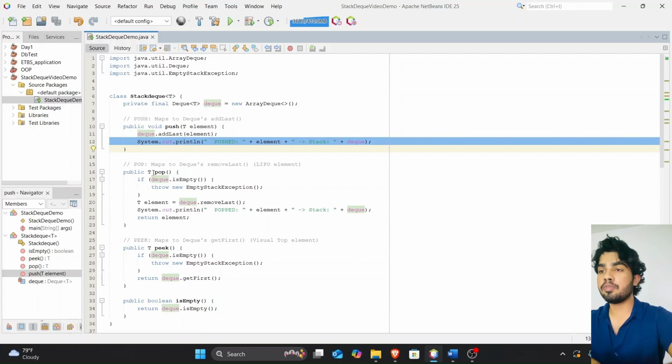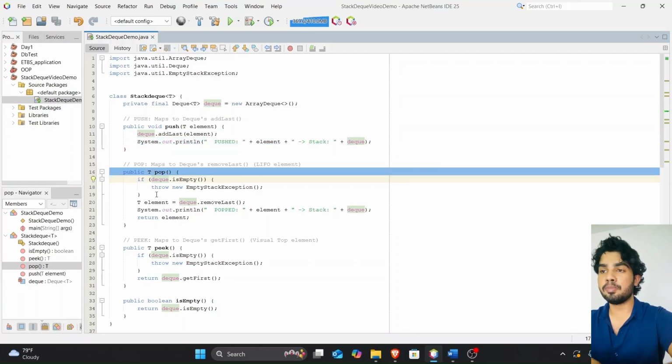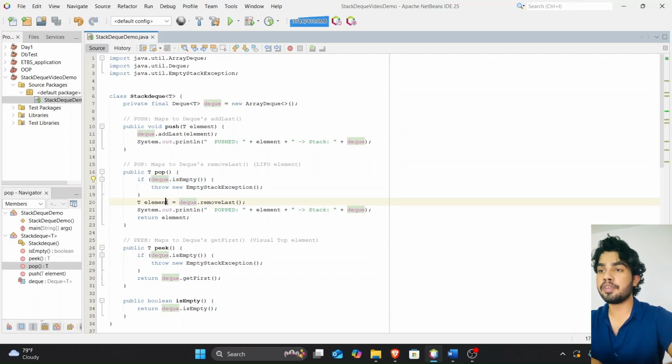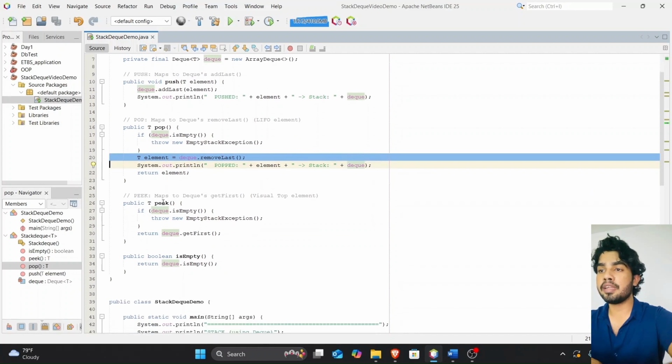So next, I am defining the pop method which removes and returns the LIFO element. Next, I use the condition. So I first check if the deque is empty. If it is, I throw an EmptyStackException to make the stack implementation safe and robust. Next, I implement the LIFO mapping to enforce last in first out. So I use the deque's removeLast method. Since I added the last element to the end, removing from the end ensures that the last element in is